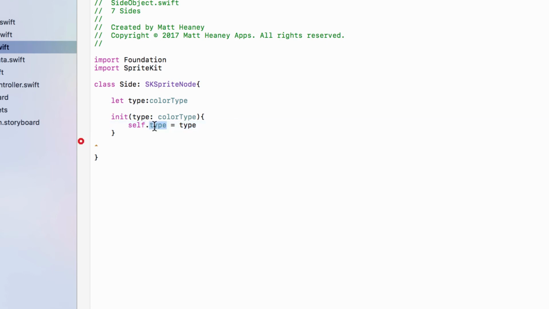So take the type of the side and set this to the type that we're passing in. That will let us set up an object that will have a type of side, just like we could set up an object which is of type sprite node or label node or shape node or whatever. And because this inherits from SKSpriteNode, any object that is of type side will have everything a sprite node has. It can do everything a sprite node can do, but it will have the extra property